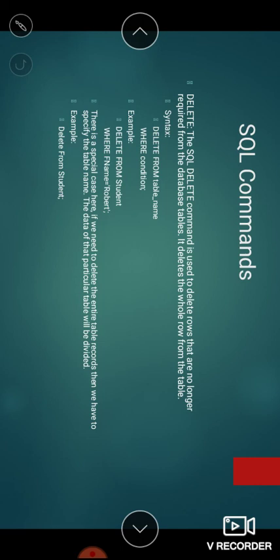This will delete all the rows, and it will simply leave the table blank. Field definitions will be there, storage will be there, but the values will be blank. Okay.